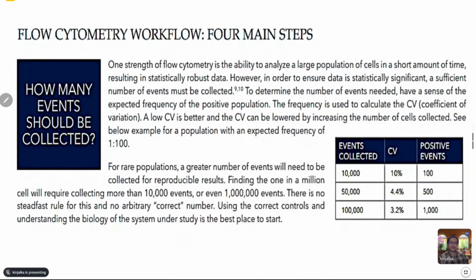Right, and also how many events should be collected, those things are there. You don't need a lot of variation. A lower percent CV is always better because that means you have a sharper peak and it's not spread out. So we will not